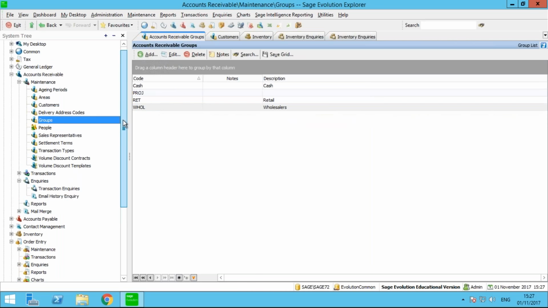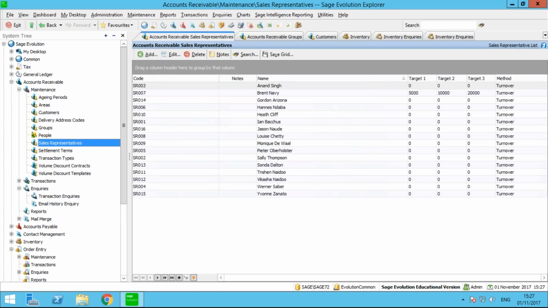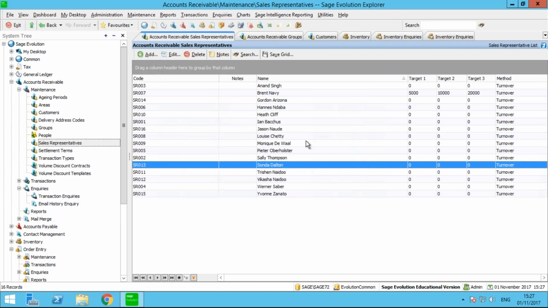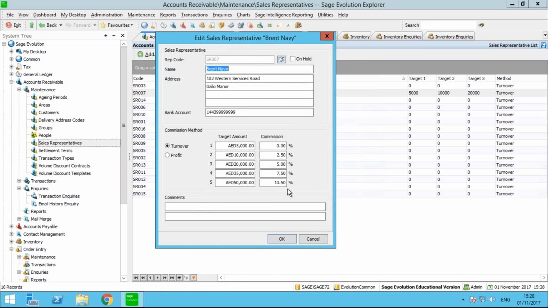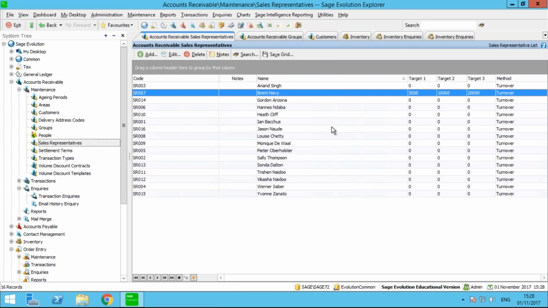And a few words about sales representatives. We have a function to specify a target for your sales representative and commission depending on this target. There are two types, based on turnover and on profit. And once you set it up and did some transaction where you specify this sales representative, you can open a